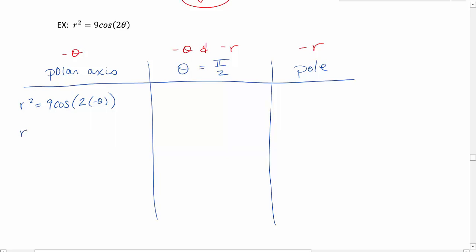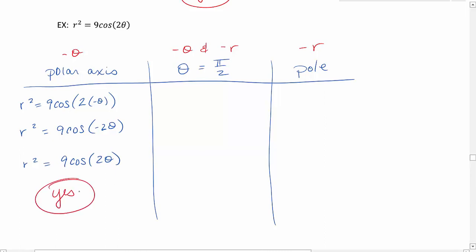Cleaning up that argument, we get r squared equals 9 cosine of negative 2 theta. We want to use our negative angle identity for cosine here. We use that a lot when we're testing for symmetry and polar. Recall that cosine of negative theta is equal to cosine of theta. So the negative in the argument kind of just disappears. Cosine of just 2 theta, we compare it to the original. It is,